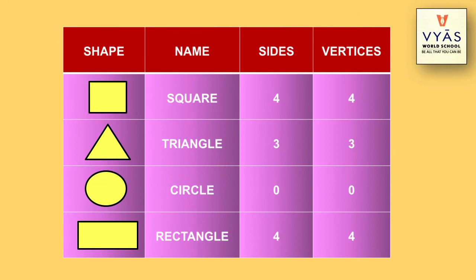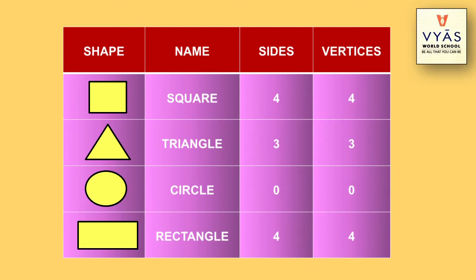Now children, here I have made a table to tell you about the number of sides and vertices of a few of the 2D shapes that are given in our book. So the first shape is a square. I hope you all know how to draw a square. A square has 4 sides and all the sides of a square are equal. When we draw a square, we should keep in mind that we are drawing all the 4 sides equally. It should be of equal length. It should have a definite length. All the 4 sides of the square have a fixed length, and a square has 4 vertices.